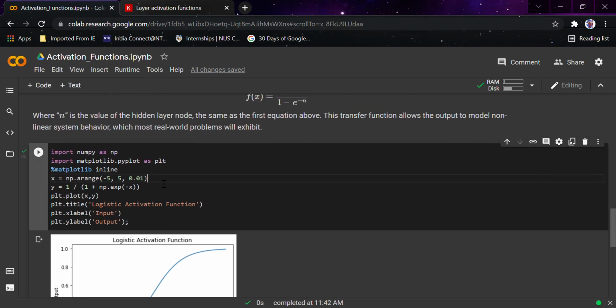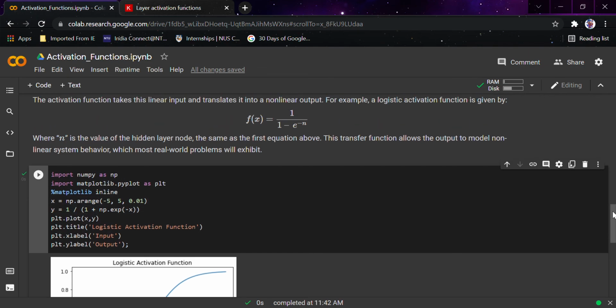What we did was simply import NumPy and Matplotlib. For now I have not used any predefined function in Keras or TensorFlow. I just used x equals np.arange to create the inputs, and then I defined the activation function that we defined here, y equals 1 / (1 + e^(-n)).